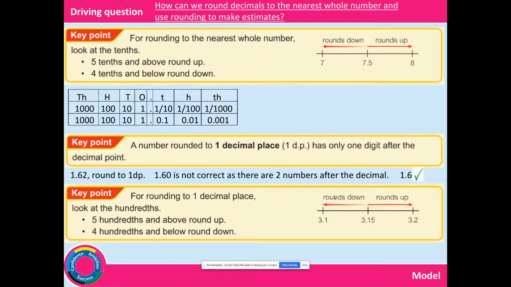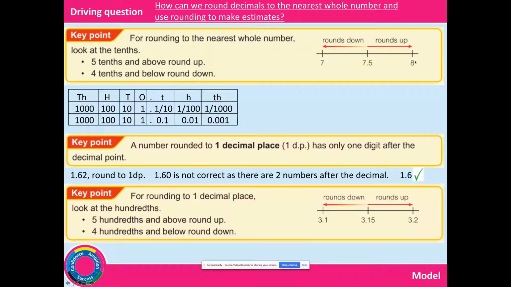Okay, so now we're going to look at some rounding of numbers. I've put all 3 key points on one slide here for us to go through. When we're rounding to the nearest whole number, we need to look at the tenths column. So ones is our whole number, so we look at the next value down to the right to tell us what to do with that whole number. So for example, over here, we've got 7, 7.5 and 8. 7.5 is exactly in the middle, and that's where we make the decision to go up to the nearest whole